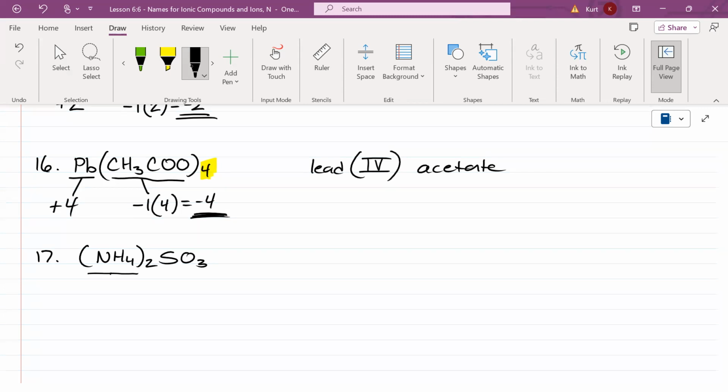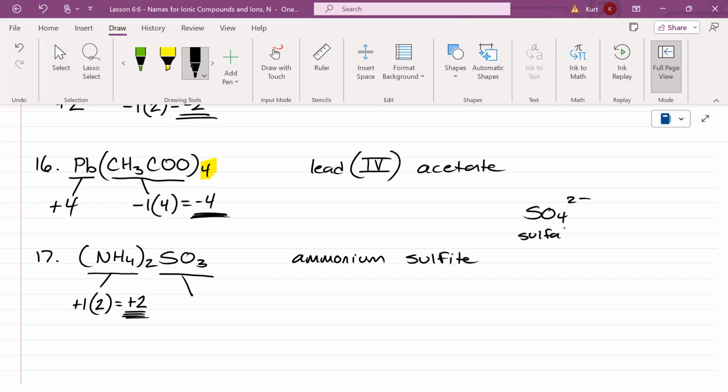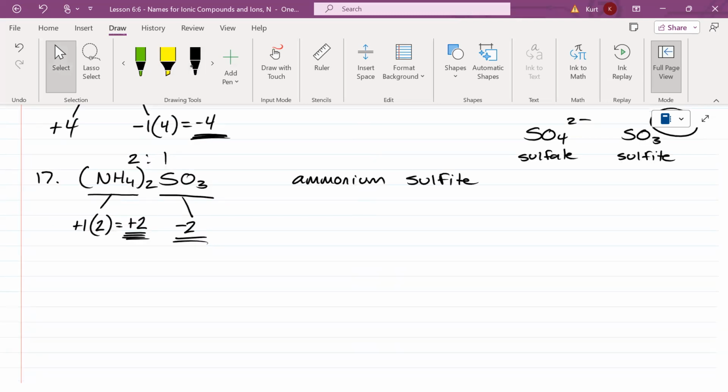This is ammonium. That is one of the 8 that you must memorize. And ammonium has a +1 charge. You can see that there are 2 of them. So +1 times 2 is +2. And this is sulfite. Now, yes and no, you should know this. No, you don't have to memorize sulfite. But as I taught you in class, if you have something like SO4, which you do have to memorize, and that's called sulfate, 1 less oxygen would make it sulfite. So yes and no, you should know its name. And notice that it has a -2 charge. So that's how they balance each other out at a 2-to-1 ratio. 3 more to go. Number 18,